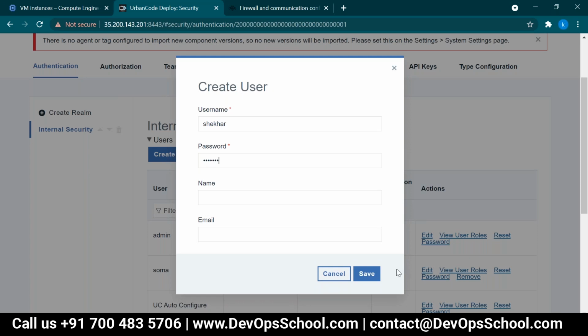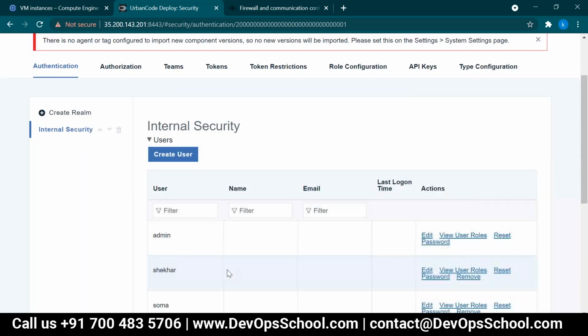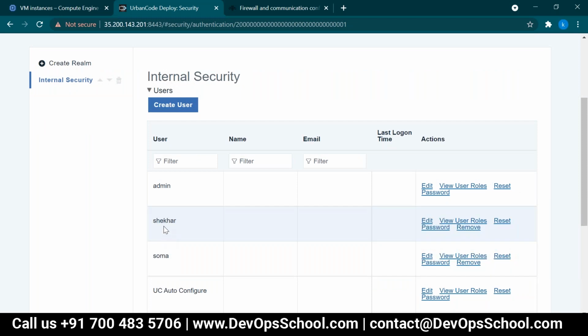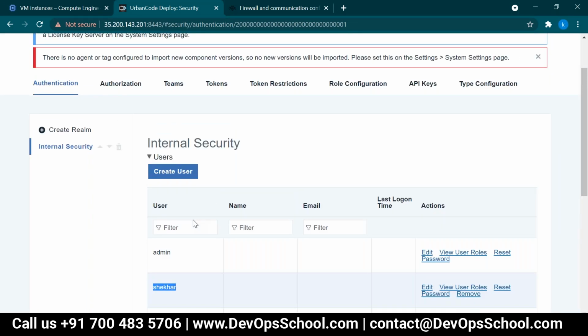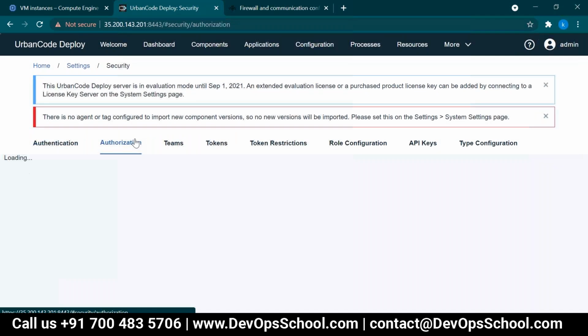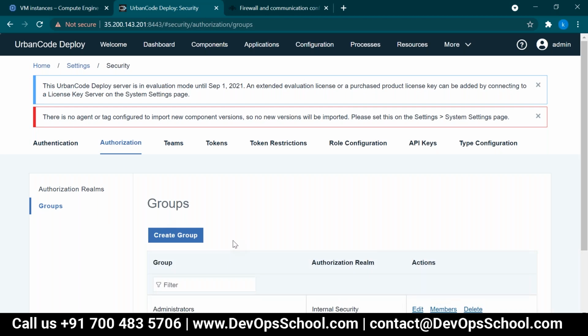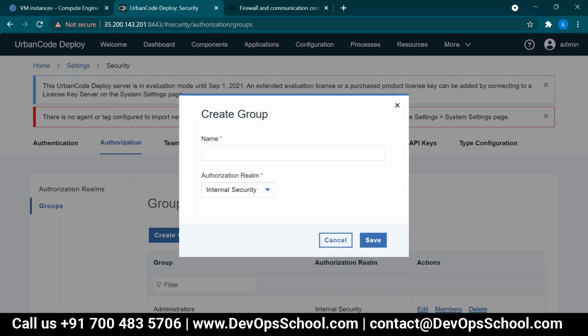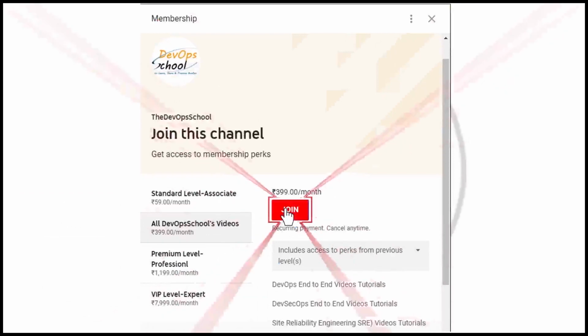For notification purpose, yes. See, I'll make this Soma as an administrator, and developer also. So I'll create a group for them. Create group TCS admin.